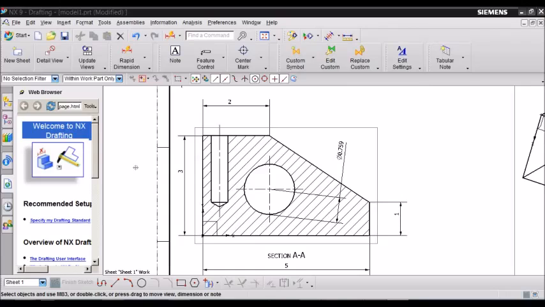Sometimes you will need to create a note to give specific information on the drafting that you just created. This is usually because you don't have enough space to give all the dimensions of the part. A note is really useful. For example, we're going to use it on this hole. So we are going to create a note to denote the diameter of the hole and the depth of that hole. So you click here on note